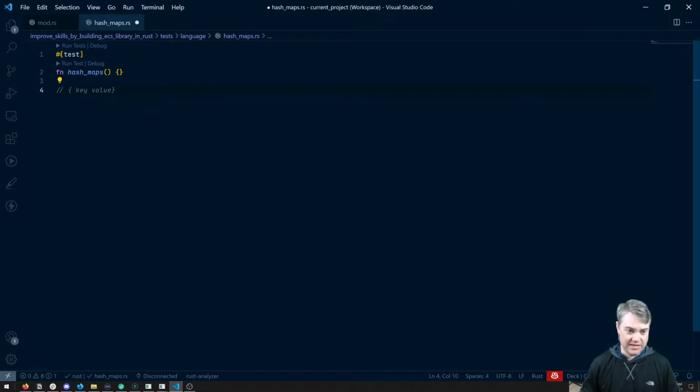And then there's a bunch of methods attached to it for getting and manipulating and, you know, all the normal stuff that you'd expect to deal with something that looks kind of like this behind the scenes. So let's get into some of the cool things we can do with hash maps. So to begin with,